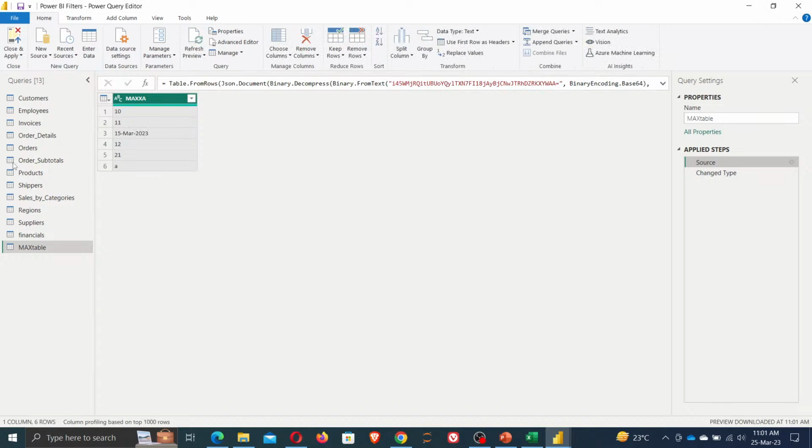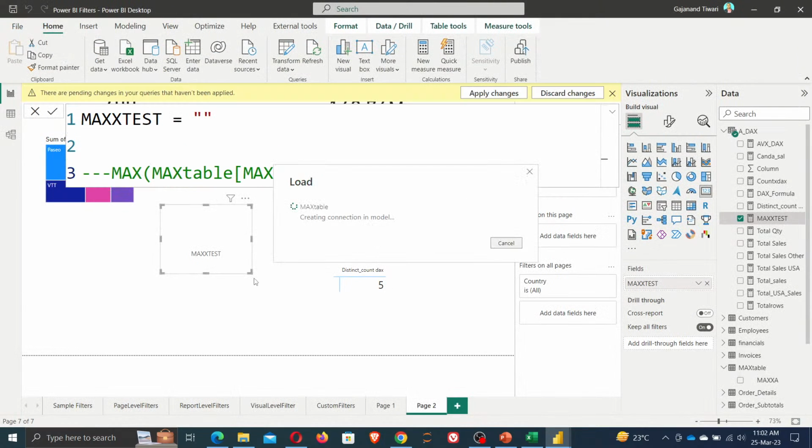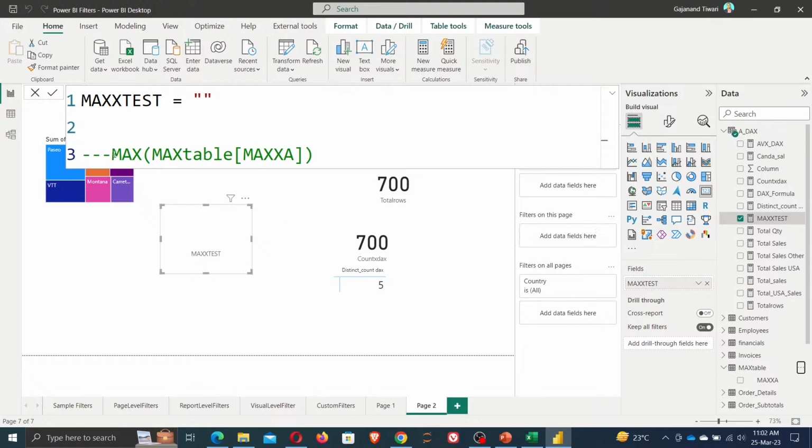Adding both things together to test it. Close and apply. Yeah, testing is mandatory. Let's test the MAX function once again. Again it gives the A value,